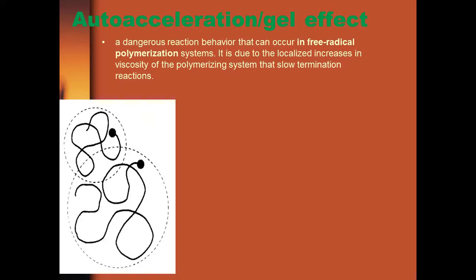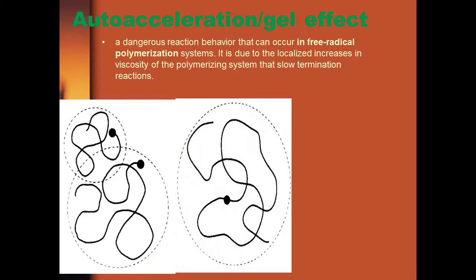Here you see two threads which represent a growing polymer chain, and at one end of the threads there is a bead-like structure attached, which is the active site of the growing polymer chain, that is the initiator. The polymerization reaction comes to an end only when the two bead-like structures, or the two active sites, collide with each other, that is represented in the second diagram.